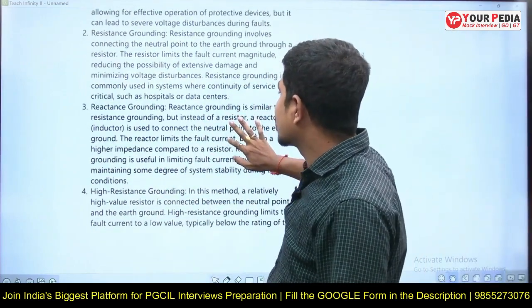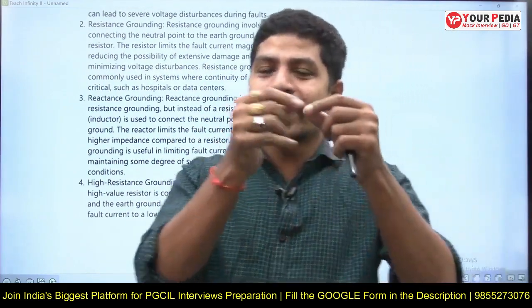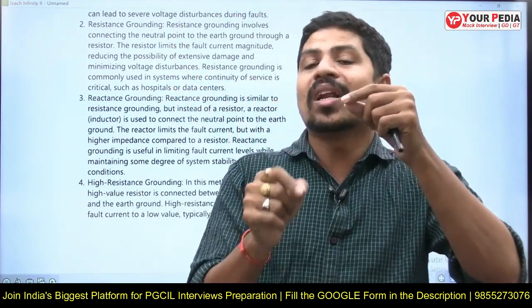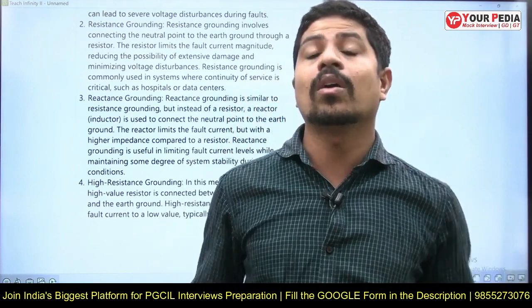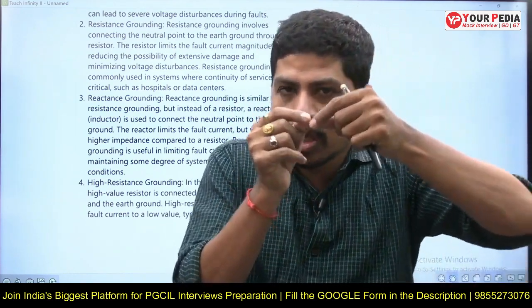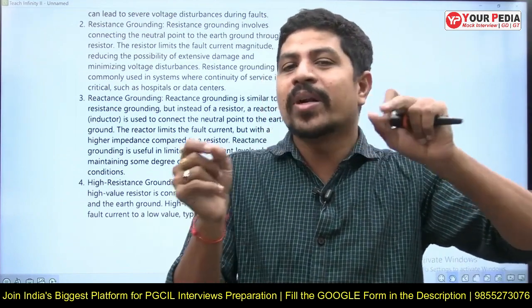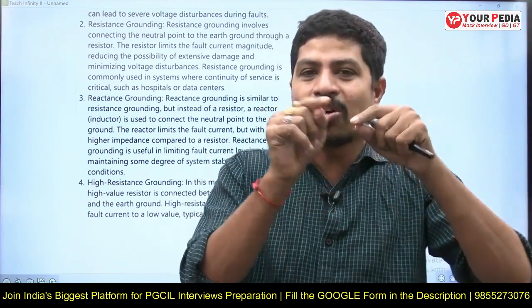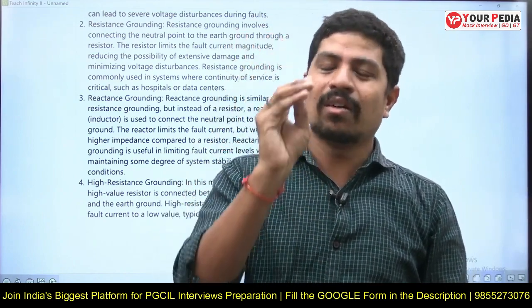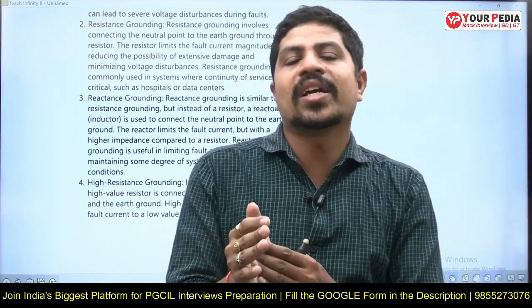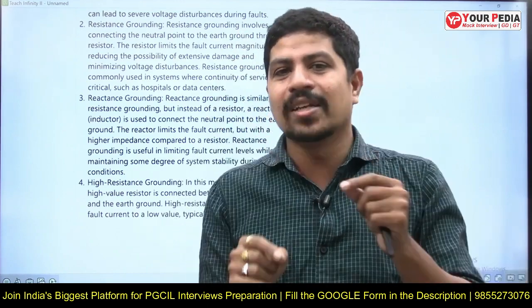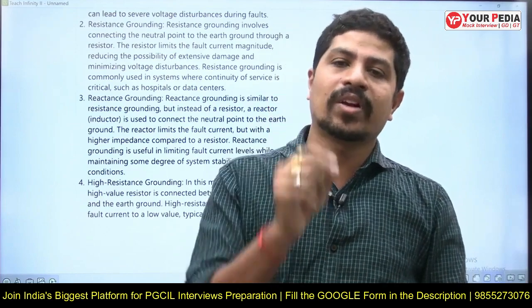Yes, third one is reactance grounding. But first, instead of connecting a resistance, we connect the neutral to ground with zero impedance. That is called solid grounding or effective grounding. I repeat, we are connecting the synchronous generator neutral to the ground, but not with any impedance, resistance or reactance, just a solid wire whose resistance is very small, approximately zero. It's not possible to get any conductor with exactly zero resistance, but its resistance is very small. Then that is called solid grounding or effective grounding.